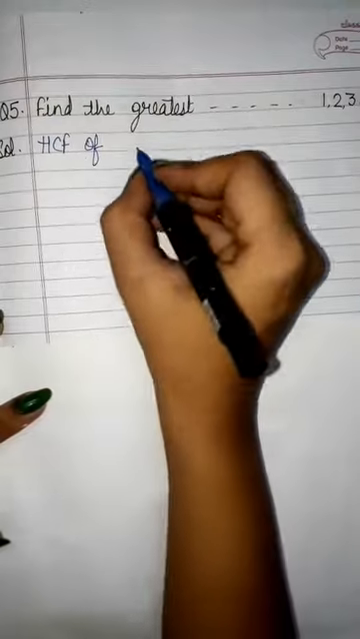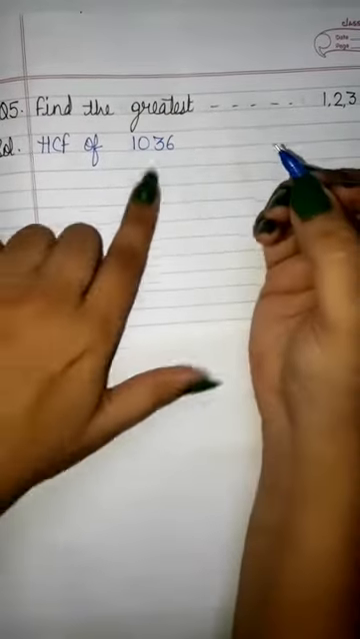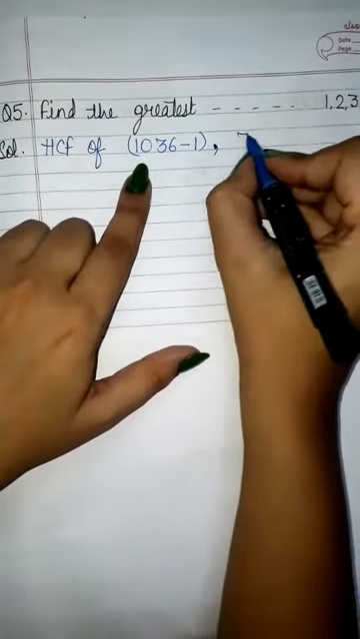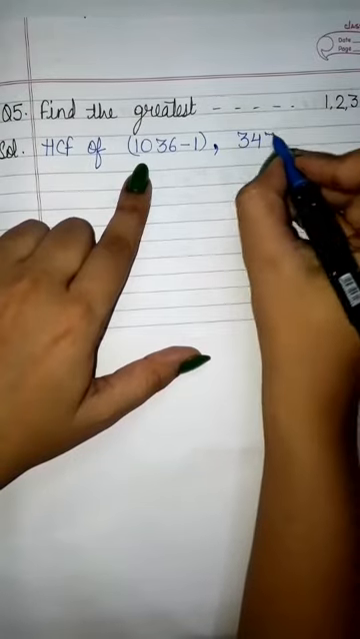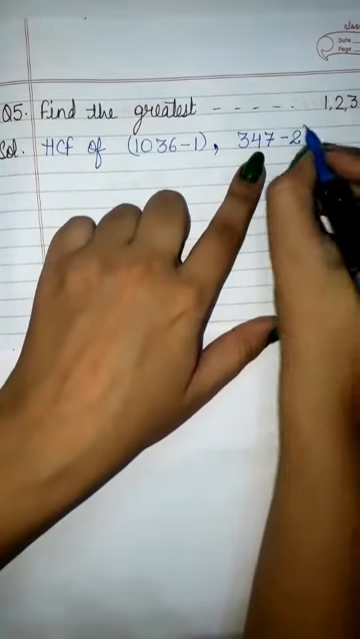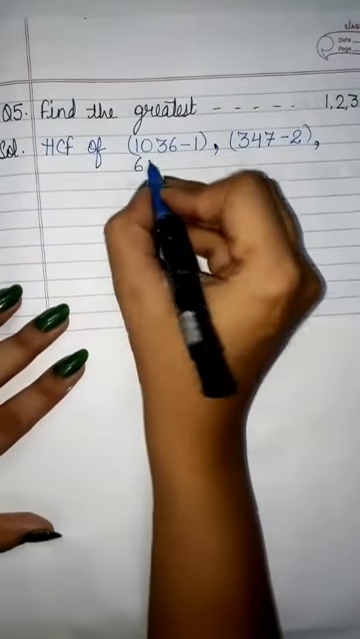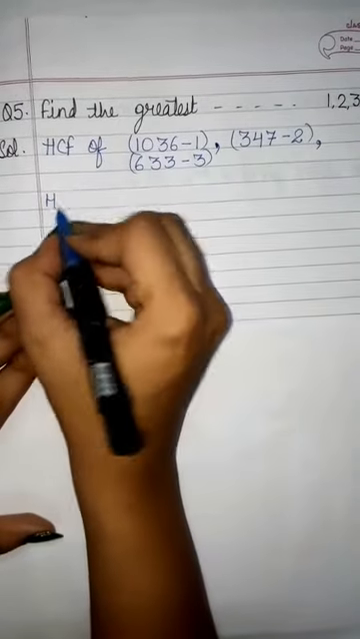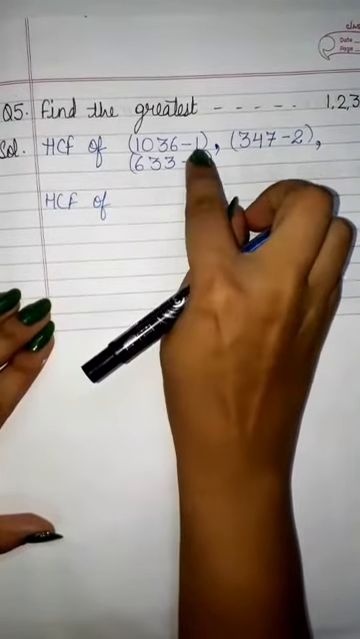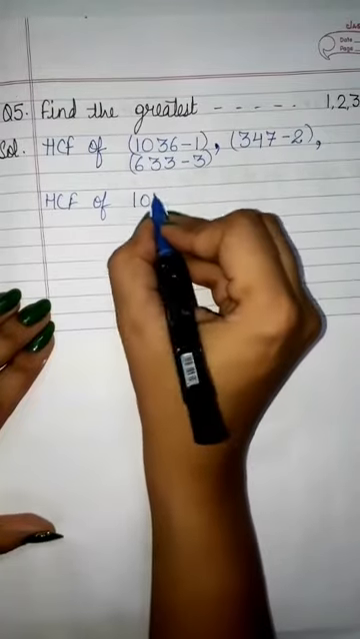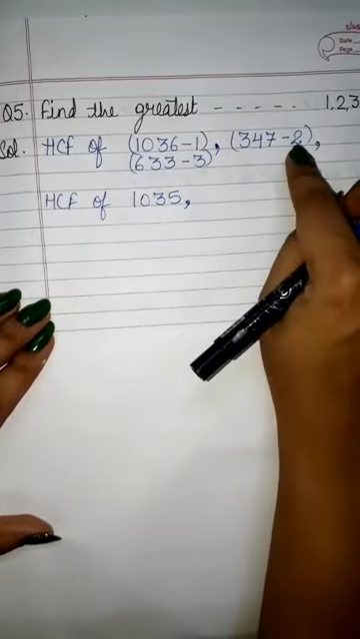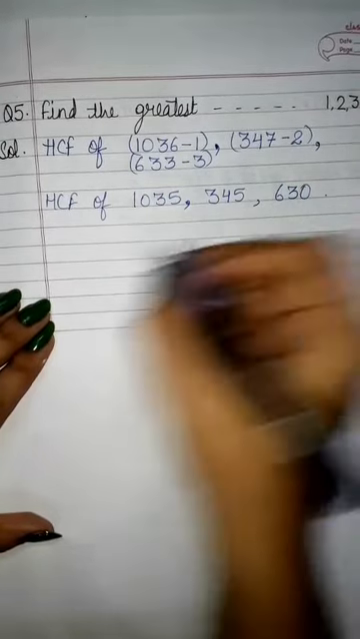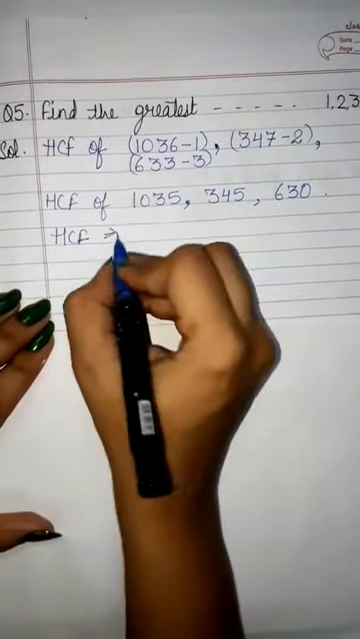So we have to find the HCF of 1036. But what is the remainder for this? 1. So we will subtract this 1 from this number. Then the second digit is 347. And the remainder for this is 2. And the third digit is 633. And for this the remainder is 3. So you have to find the HCF of, when you subtract this 1 from 1036, we get 1035. Subtract this 2, so we will get 345 and the last digit will be 630. So by HCF, by any method you can find